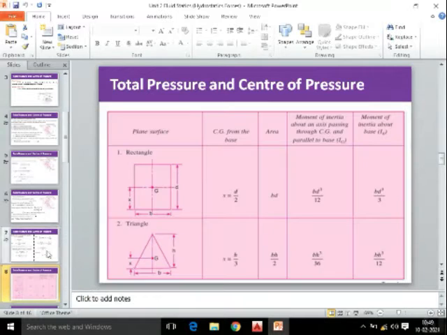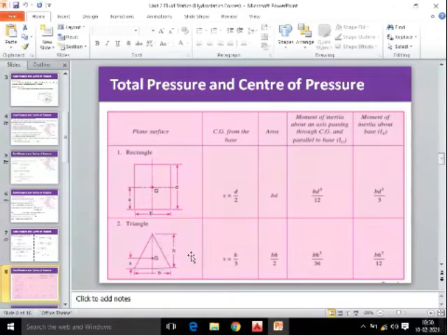We had also noted in the last lecture the formulas for center of gravity and area for standard cases, that is rectangular, triangle, circle, and trapezium. For rectangle, the CG is located at a distance of d by 2, where d is the height. Area is breadth into height. And remember the moment of inertia about the G axis is the product of parallel side into cube of perpendicular side divided by 12. So it is b d cube by 12.